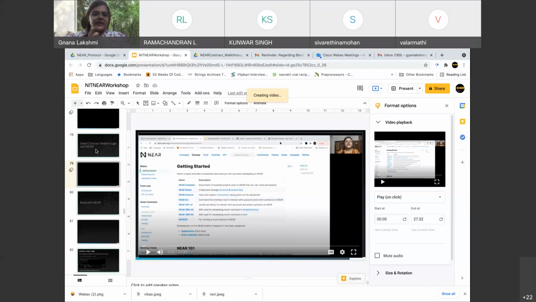What I will be doing is putting up the GitHub link on the chat. You can clone this repository on your local and walk through the smart contract as I'm doing it. Try to deploy it if you can, run the scripts as I'm running them. If you're not able to do it, that's okay, no worries, you can do it at your pace as well. But if you do it with me right now, it would help you get that lead.